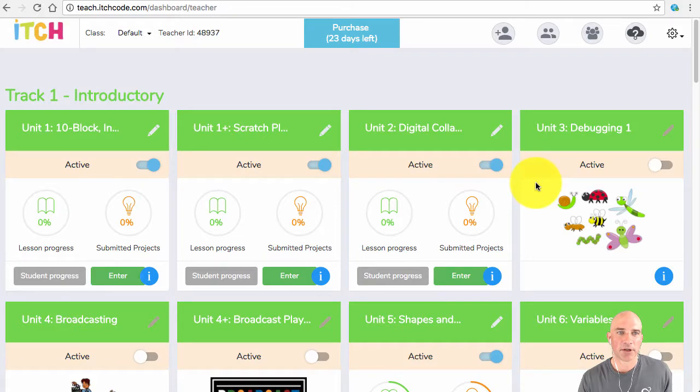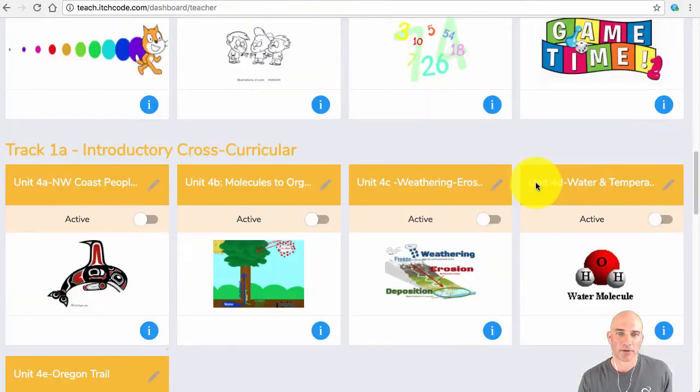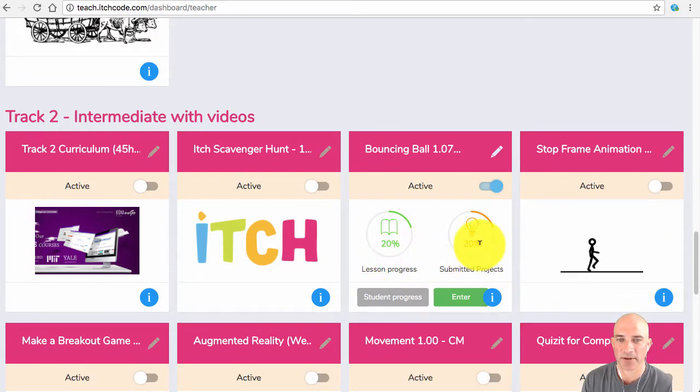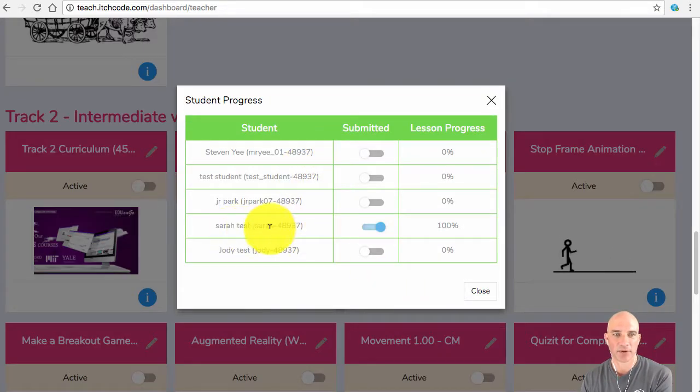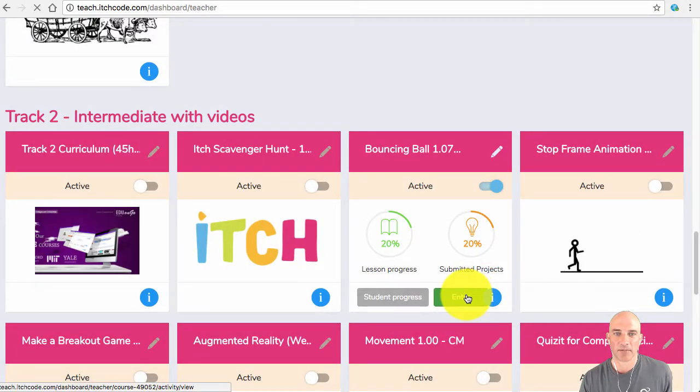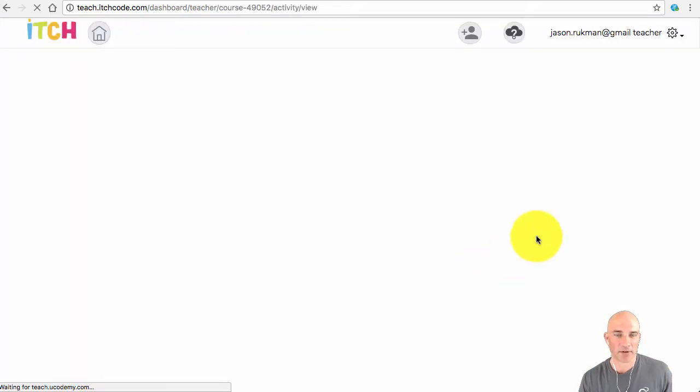So now as the teacher, I can go down to that bouncing ball course that we activated. I can go in, and I can see a couple of things straight away. There's 20% of lesson progress and 20% submitted projects. So I can see that someone's been working on it. If I want to know the details of that, I can click on the student progress and I can see it was Sarah. She submitted a project and she's also gone through 100% of the lesson. So this is a way for you to track what your students are doing, where they're up to. So if I enter into the actual workspace of that activity,